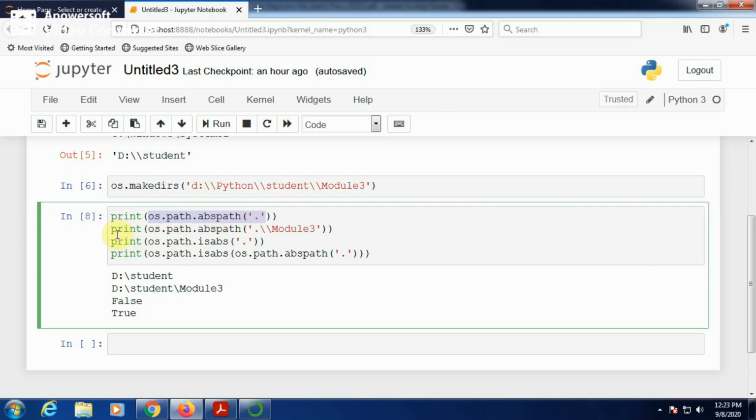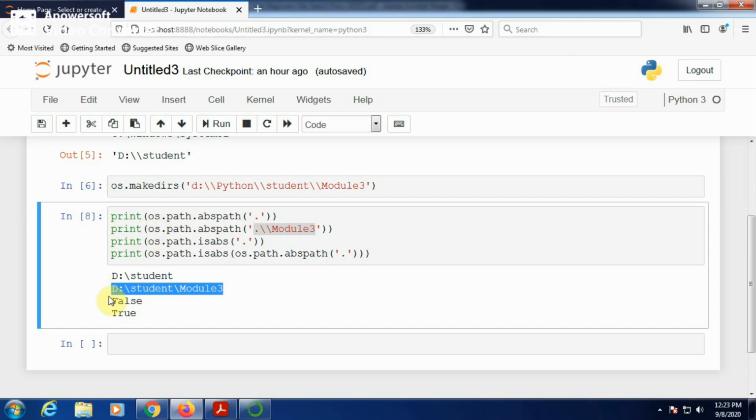Now if you want to print the absolute path of the module 3 folder, because you have a module 3 folder, you have to give os.path.abspath and then dot / module 3, which indicates from this folder you want to get the absolute path of this folder.